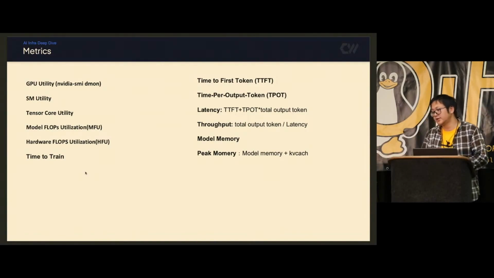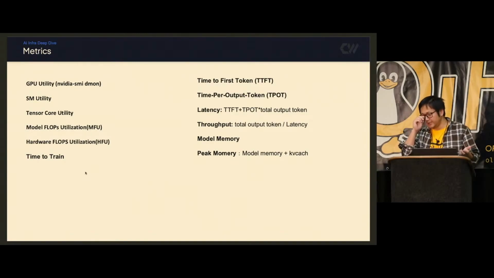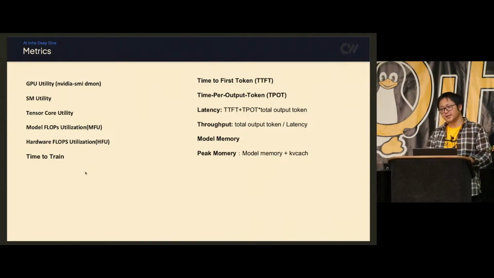So for the training side, we actually measure the GPU utility. We see, during all the process, how many GPUs are being used. And we also check the SM utility. This is from the CUDA layer. And there's also some tensor core utility. These three are mostly from a hardware perspective. But we actually see that it's not that efficient